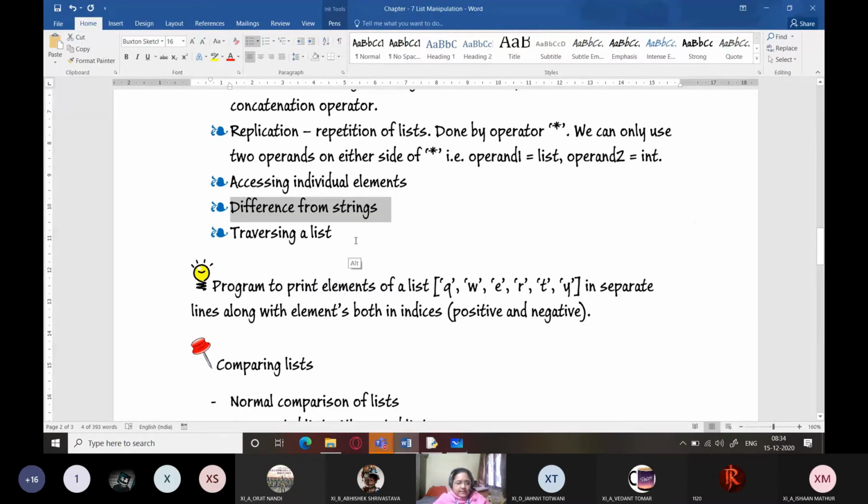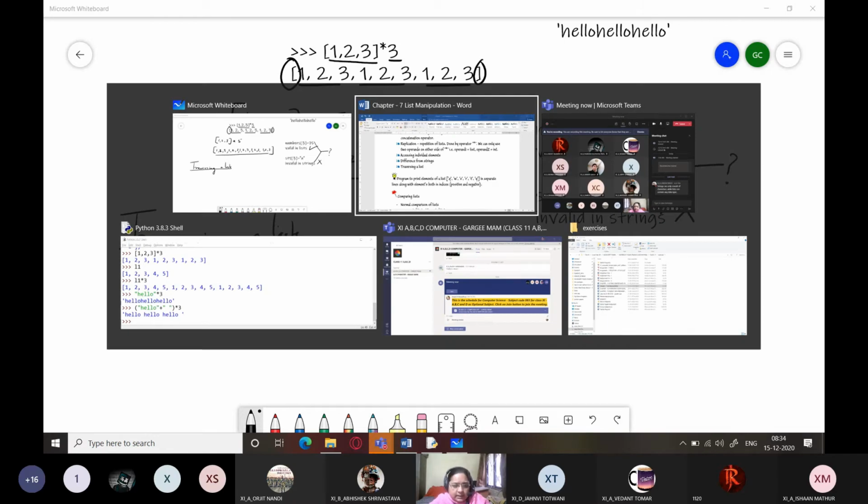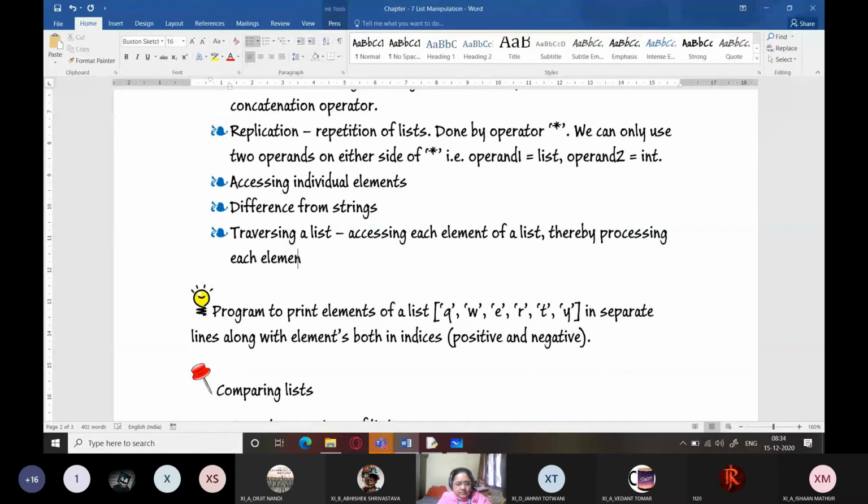Traversing a list. So let's see how we can traverse a list. Traversing a list means just accessing each element of the list, thereby processing each element.